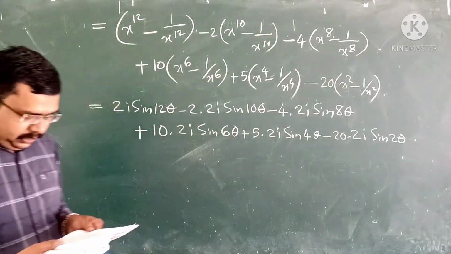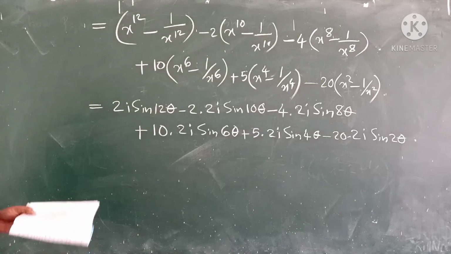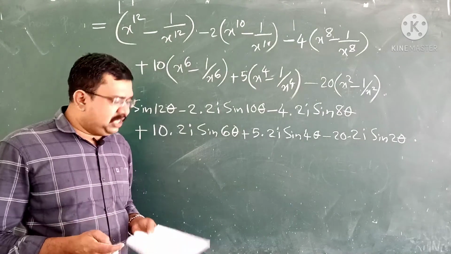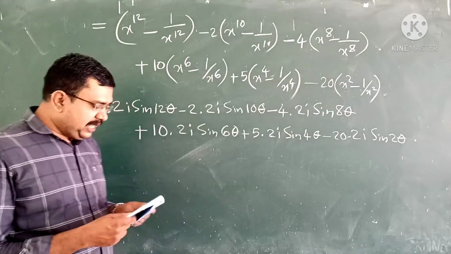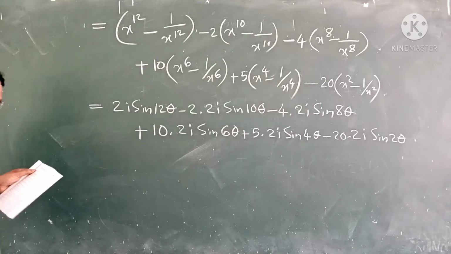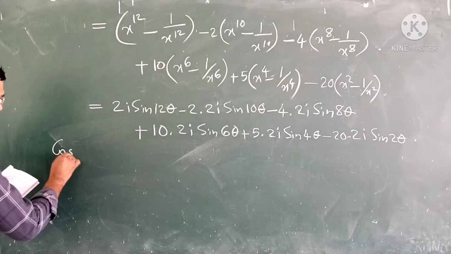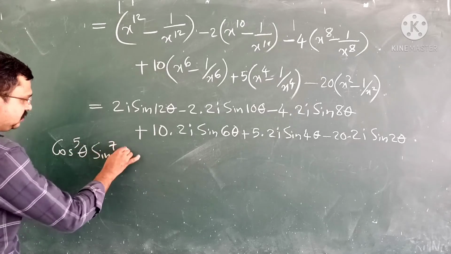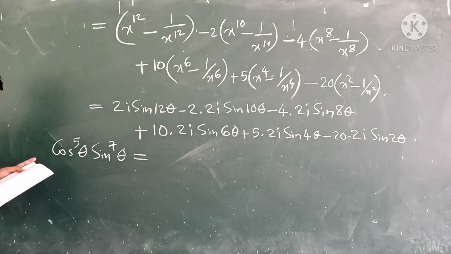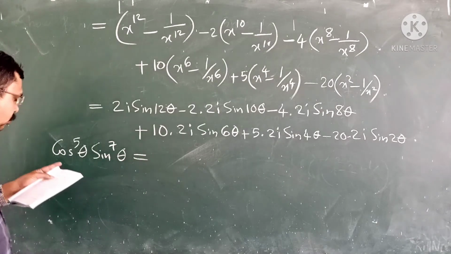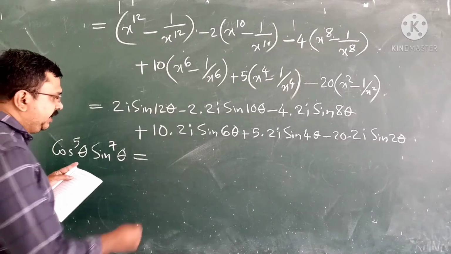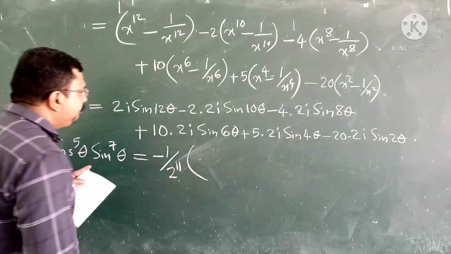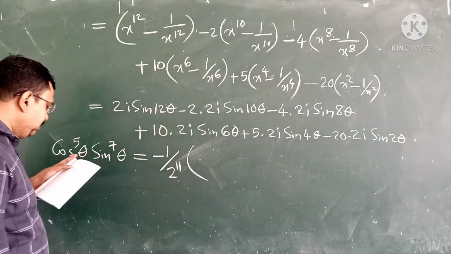Now i raised to 7 is minus i. Therefore, this can be written as cos raised to 5 theta into sin raised to 7 theta is equal to, we are dividing throughout by 2, then 2i, then we will get minus 1 by 2 raised to 11 into 2 is cancelling, therefore the remaining is